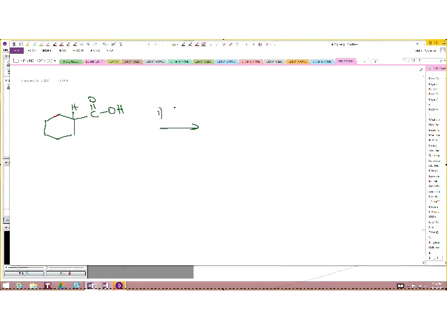So what you do is just say step 1, phosphorus tribromide, and you add it together at the same time with bromine. And then the second step is the hydrolysis to form the carboxylic acid, either with water or with dilute acid. And that will give you